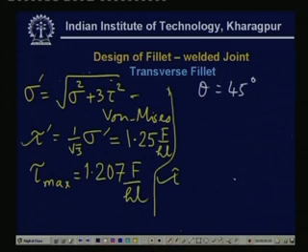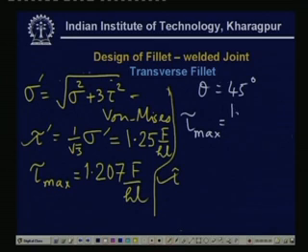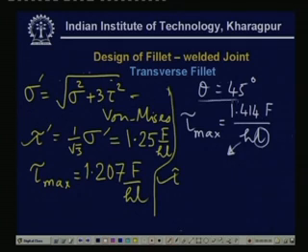But if we neglect the normal force on that particular section, then we get tau max is 1.414, that is square root of 2 times F divided by h times L. Remember, L is the length of the joint and h is the leg height of the fillet weld. Although this is a thumb rule, the assumption is that the stress is uniform over the cross section, making an angle theta equal to 45 degrees, and we have neglected